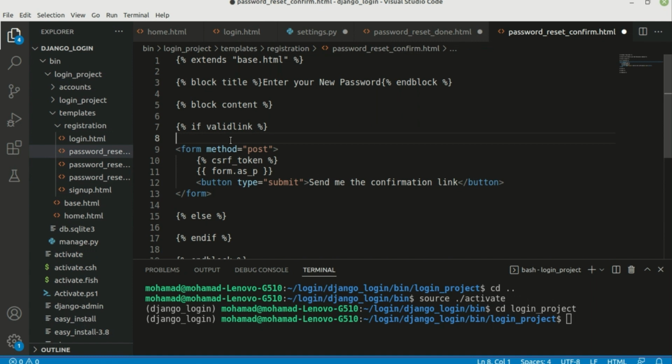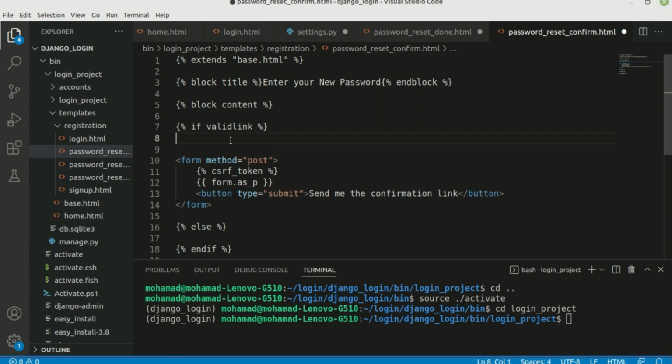So let me add h1 too. So in here we're going to say enter your new password,